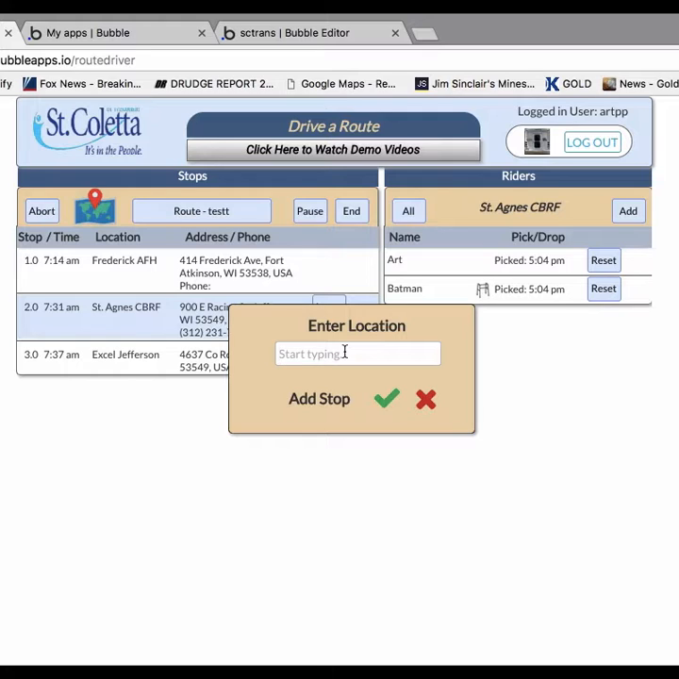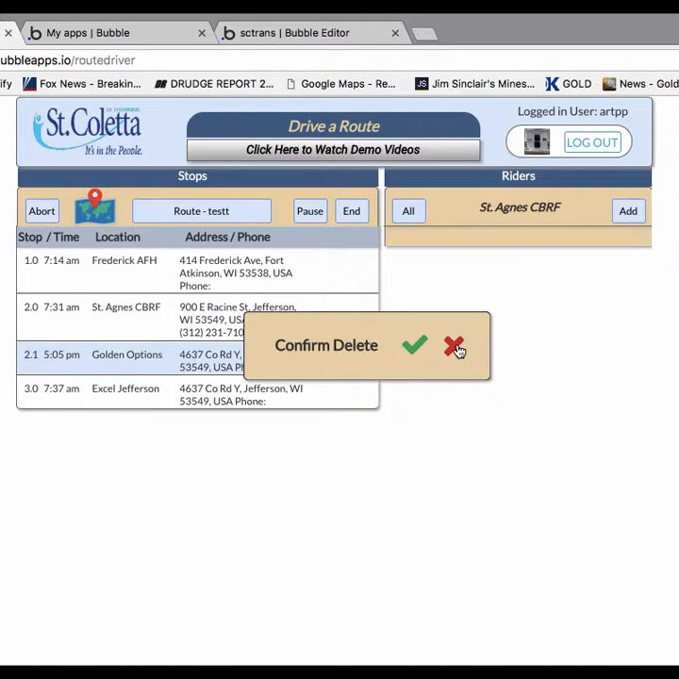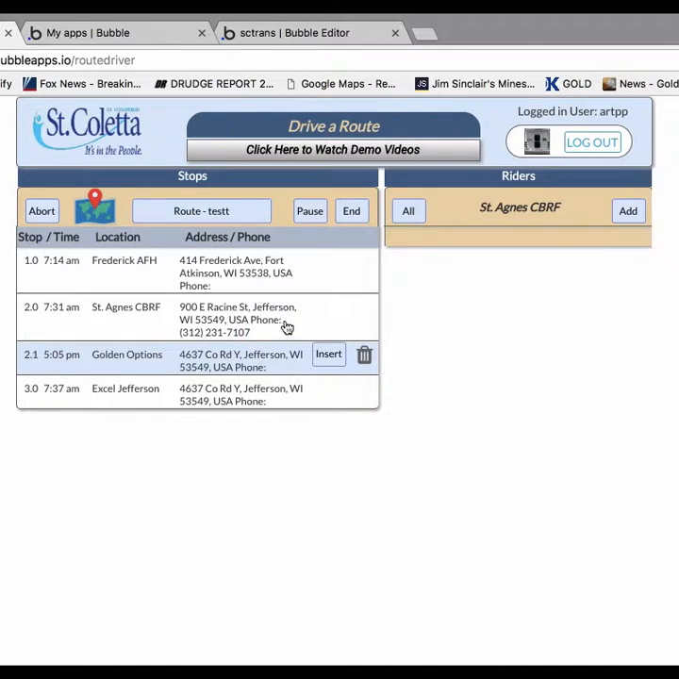Now, here you just start typing the name of the location that you want to stop at, and when it gets enough characters to isolate a location name, it'll give you some hints. So we'll just pick Golden Options, and once again you get the cancellation X or the check mark. So we'll check mark, and then it'll add the stop. It inserts it right after the one that we clicked the button on. Instead of stop 2.0, it's 2.1. And notice that also, since it's a stop the driver added, there's a trash can there where you can delete it if you want, or not delete it. So we'll keep it